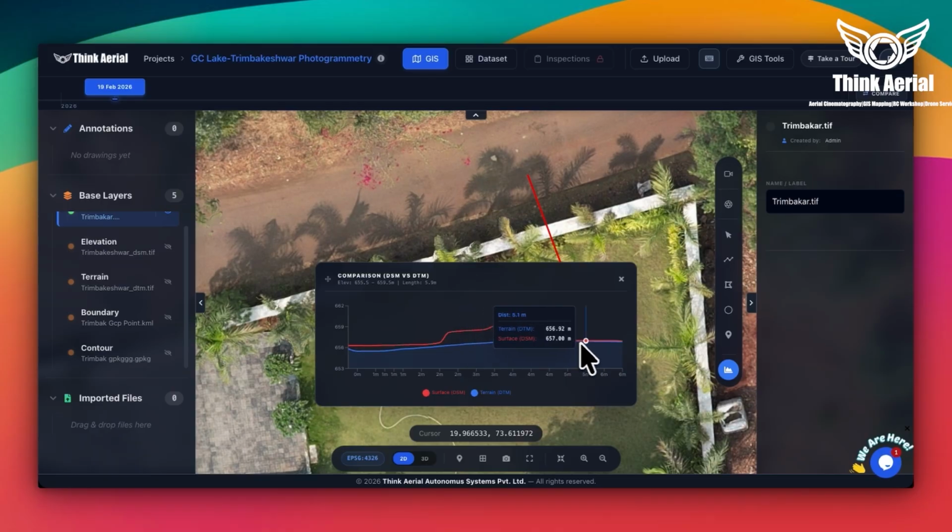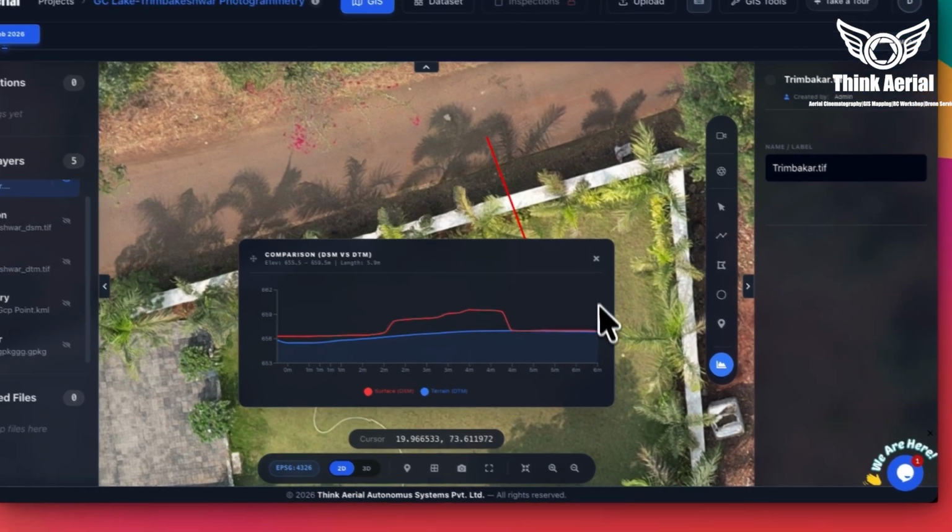By using the Path Profile tool, you can quickly analyze surface features, ground terrain, and elevation differences directly from the orthophoto,